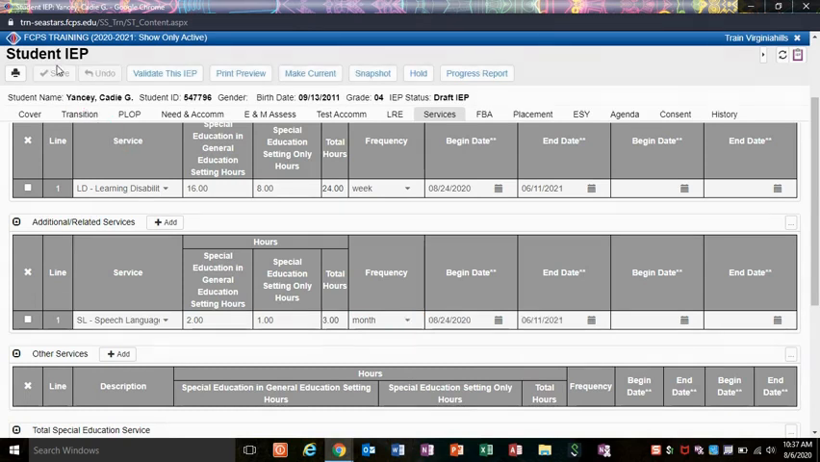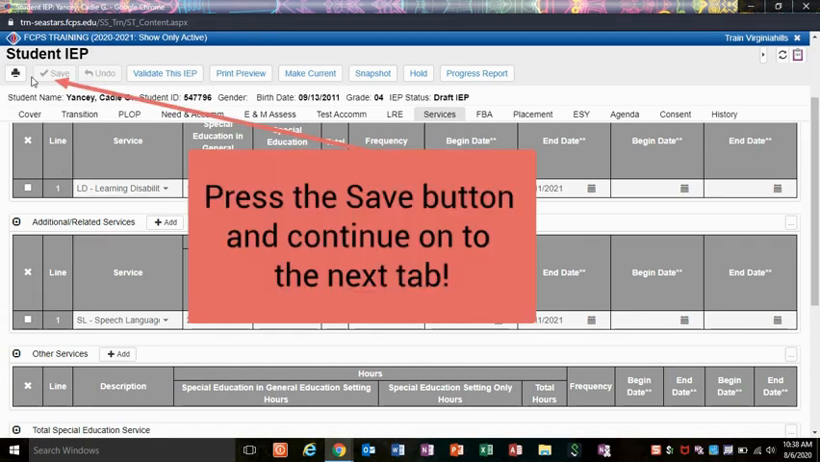What those dates mean is the IEP and these services that we're proposing are going to begin on August 24th, 2020. And then they are going to end on the last day of school, June 11th, 2021. Once you've documented all of your services,